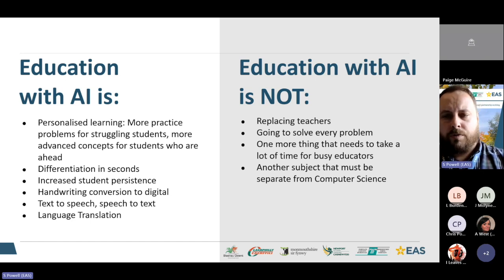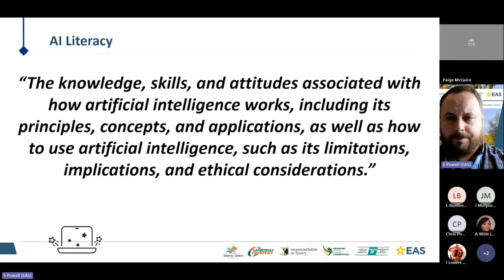What it's not going to do is replace teachers. Teachers are the most important and critical part of this learning process because they provide the human connection and the motivation. Whenever you're thinking about your policy or using AI in your school, think teacher first, AI second. AI isn't going to solve every problem in your school, but it will support learning and should ensure that our learners and students are prepared for the digital age.